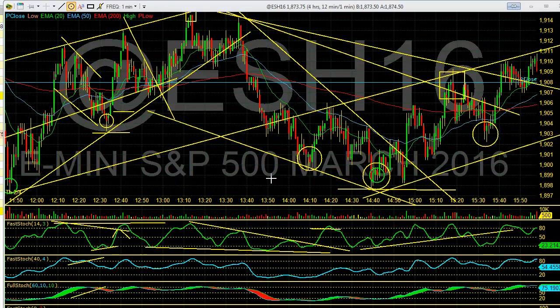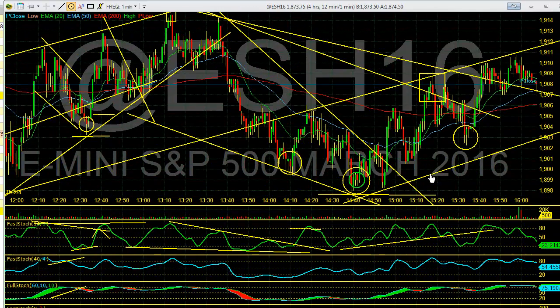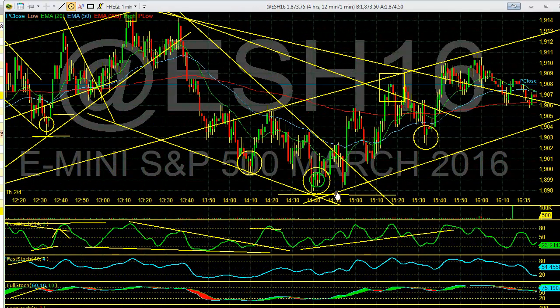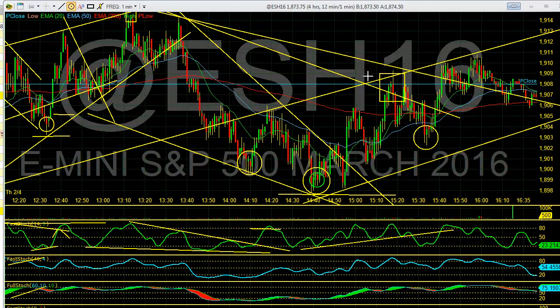So we had that green setup here, the biggest move of the day so far. Look at this move. Another green circle represents a 5-minute setup, and look at the nice move up. Inside that 5-minute time frame, you'll have other 1-minute setups too. So remember, that's all taught on the site. I teach that every single day live. We talk about all this stuff.